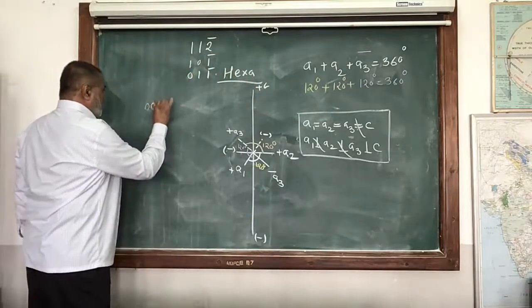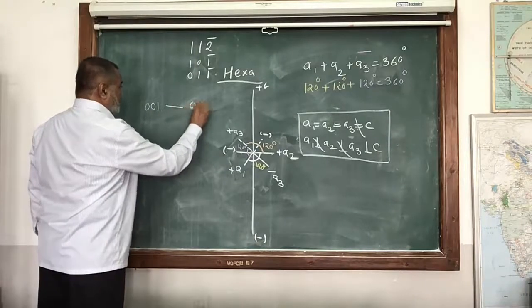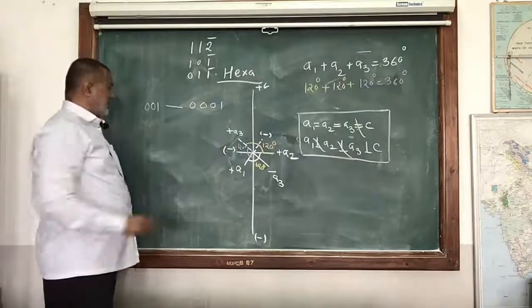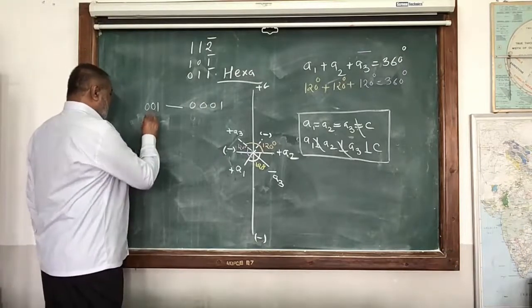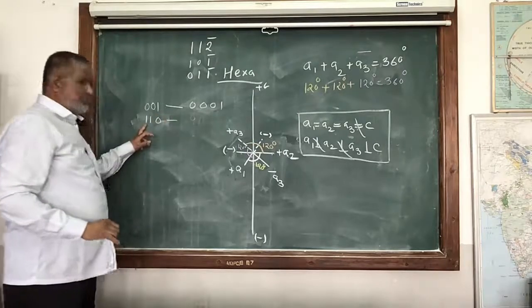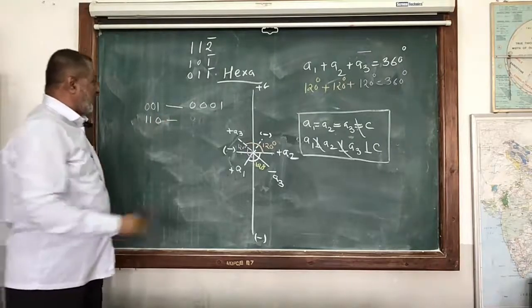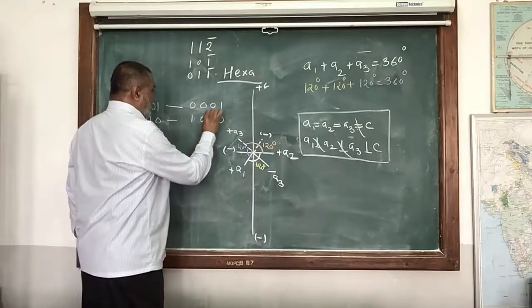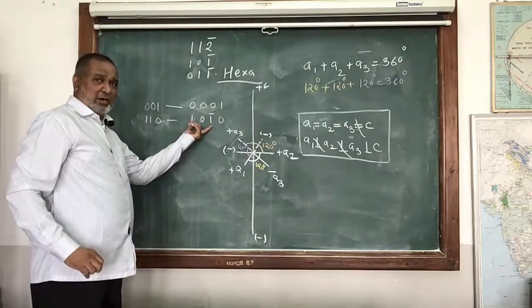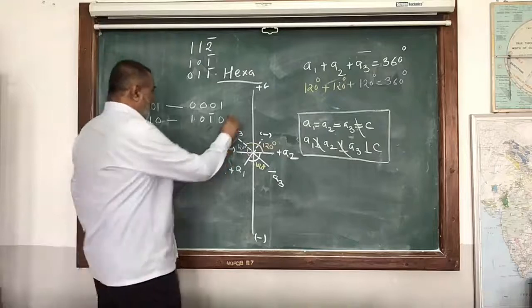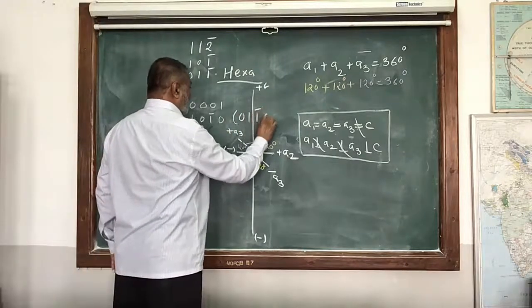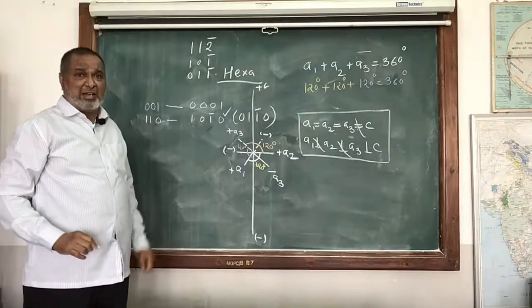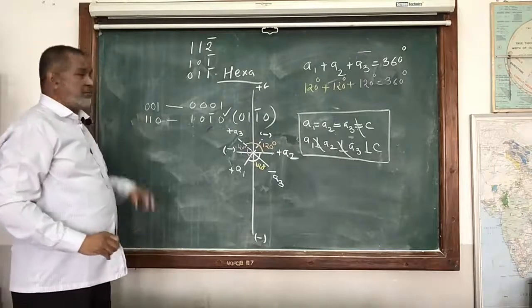So now here, 0, 0, 1 is the basal pinacoid: 0, 0, 0, 1. No need to make any sign here because it is going to cut the C axis directly. Then we have the prism 1, 1, 0. Now in the prism what is happening? Two axes are going to cut and C remains parallel. So 1, 0, bar 1. Two horizontal axes are going to cut, so you have to make the arrangement. There is a second combination, 0, 1, bar 1, 0, but you use the front side. So 1, 0, bar 1, 0. These indices we have to write for the first order prism.